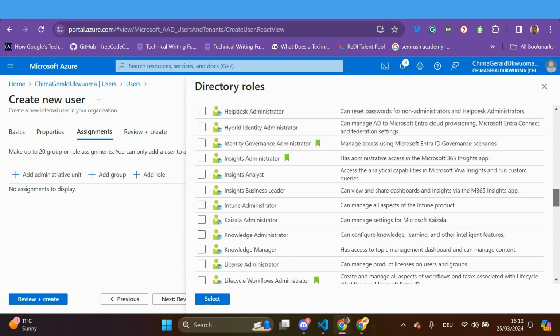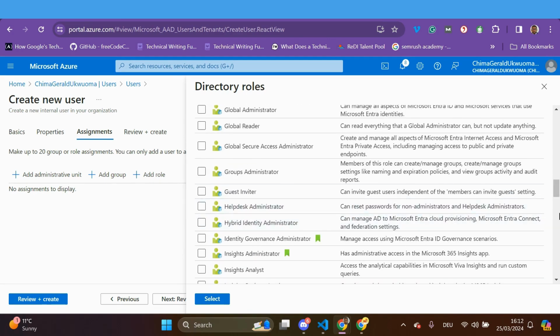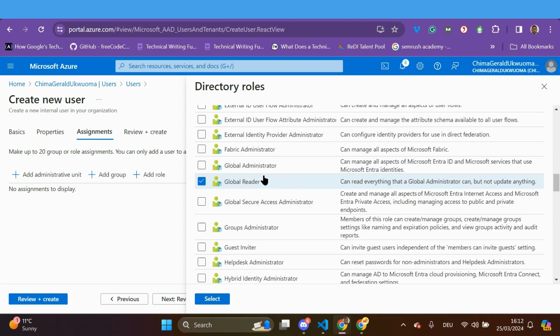You can assign the user a help desk administrator and also a group administrator or a global reader. So this user, I can also assign a global reader so that the user can read everything that a global administrator can, but cannot update anything. Then a global administrator manages all Microsoft Entra ID services and all Microsoft Entra identities. So global administrator is really a high privilege role in Azure Active Directory because it can manage, create, and invite users and delete users. So I'll